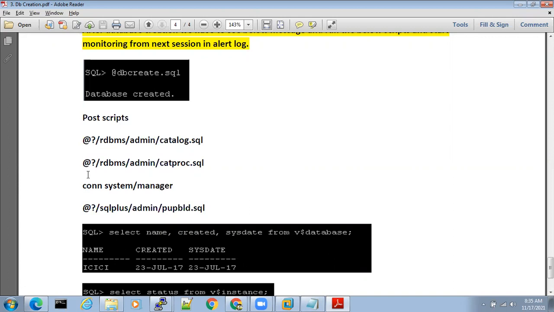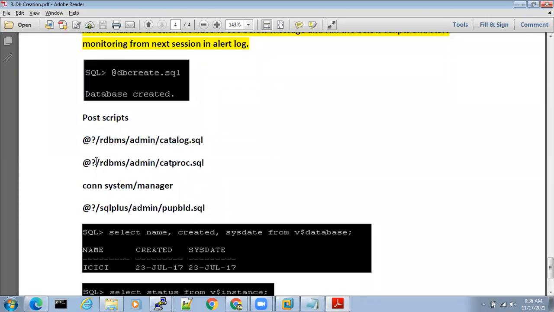What is our Oracle home location? It is /user1/app/oracle/product/11.1.0/db_1. There is a shortcut for that location, which means you don't have to type the complete path.